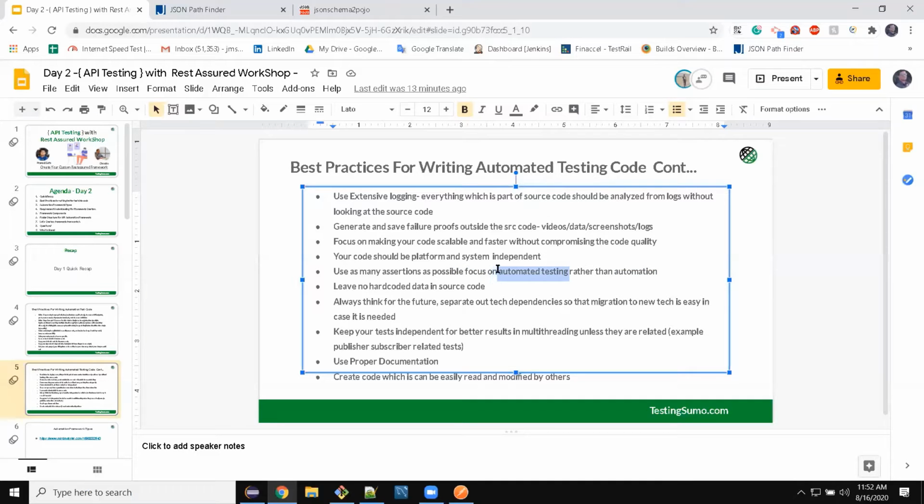Okay, so in your test cases, add as many assertions as you need. Sometimes the assertions are also not present in manual test cases. Add those yourself, because you know that I need to verify this also, I need to verify this also. More assertions means more checking, and more checking means there are more chances to find an issue. Okay, so always use as many assertions as you want. Fewer assertions mean less return on investment in automation. So always try to add assertions.